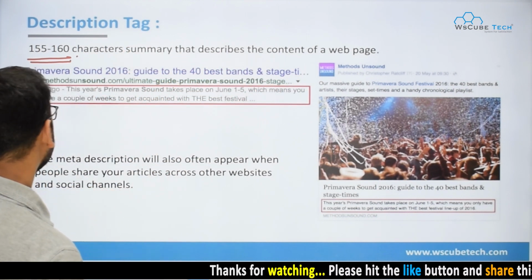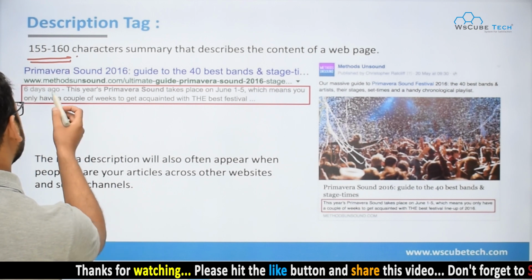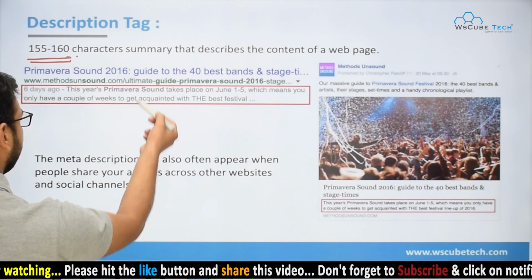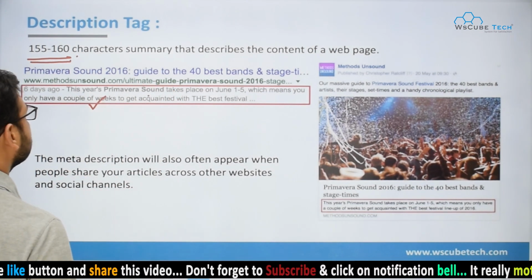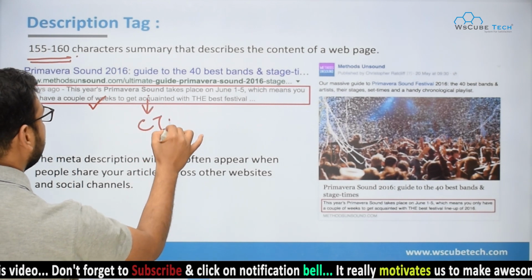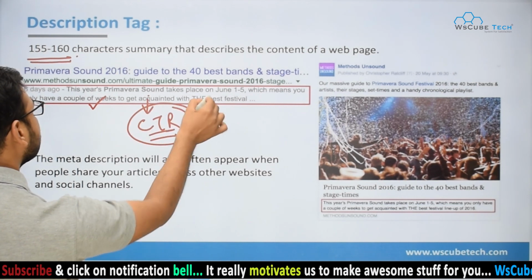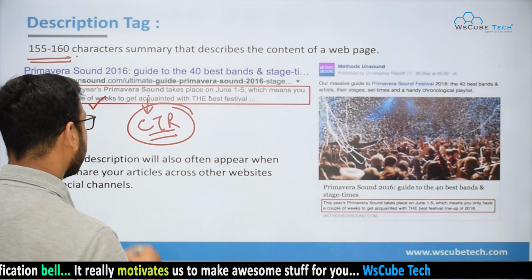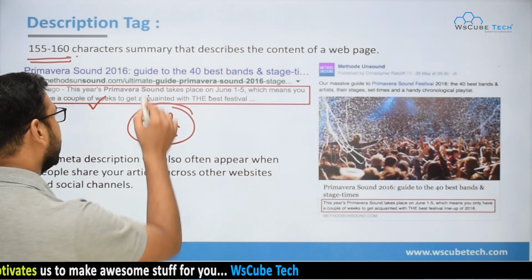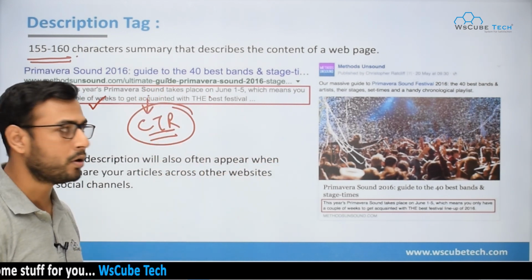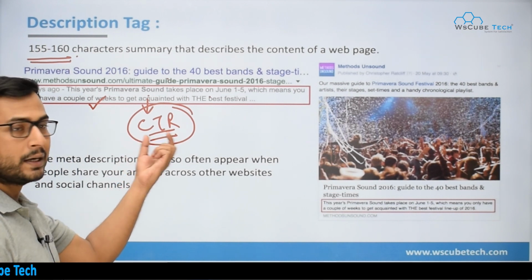Fine. You can see in the search results the description below your title, right? This also helps you increase the CTR. The more convincing the description is, the more people are going to click on this result and come to your website. So it will increase your CTR.